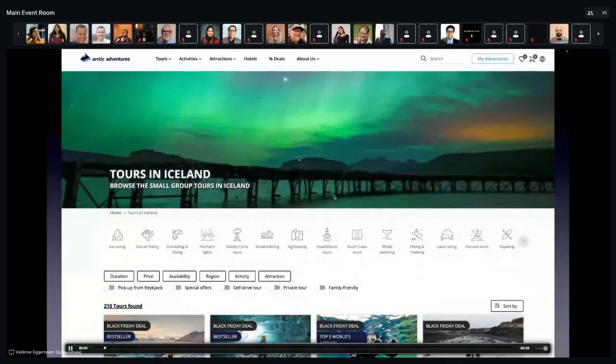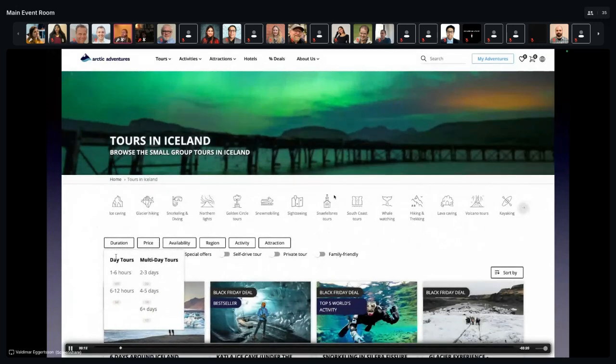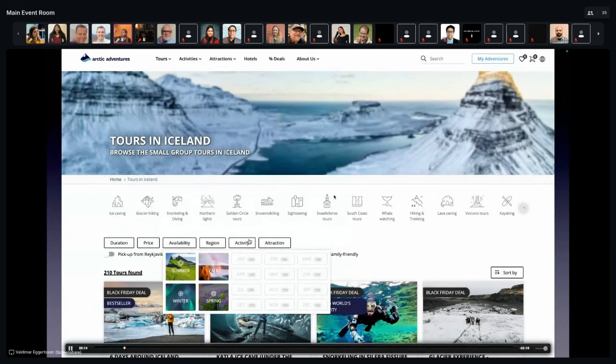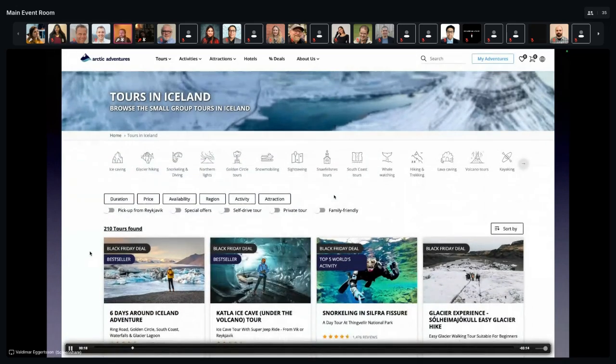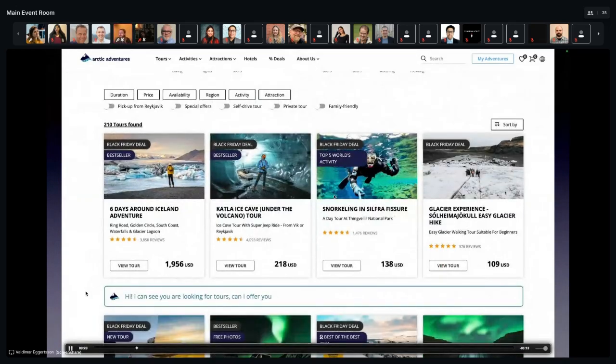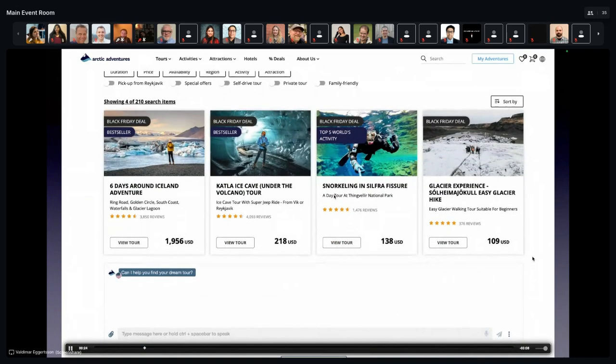So the website has these filters. It's normal UI. You can filter it down by clicking buttons. Has the duration of a tour, in which month it is, where is it. But we can extract all of these parameters from the conversation. And here's the bot, the professional assistant. And now I'll shut up because